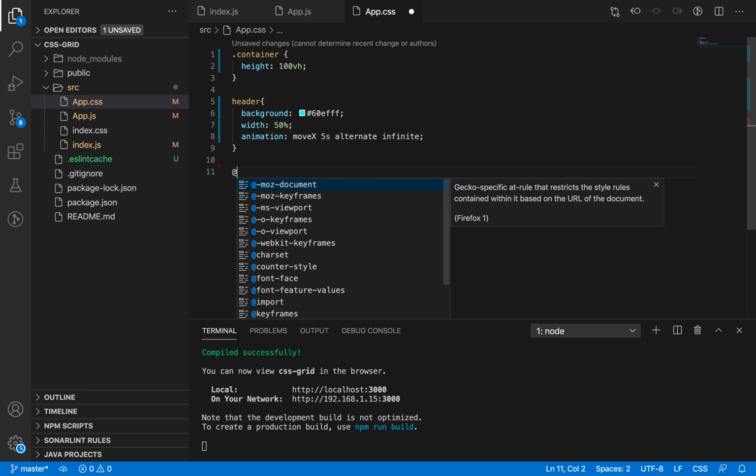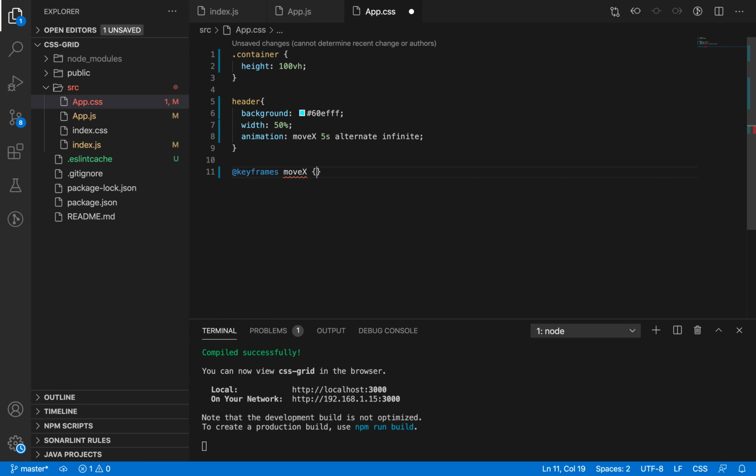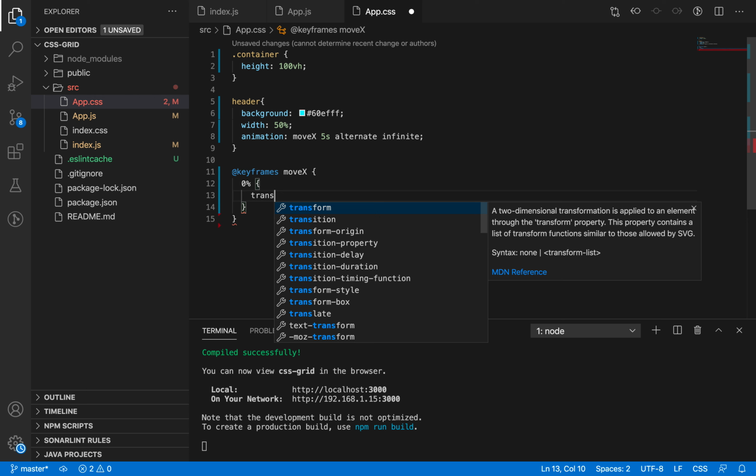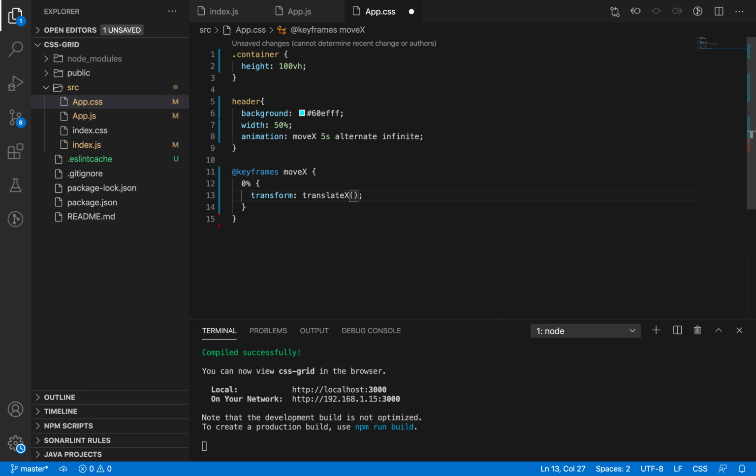And the next thing we need to do is define what this animation does. So we describe a keyframe with the animation name, and we describe the start and end state. So transform is a CSS property that we use to move an element around in the DOM. So we use translateX to move it along the x-axis, that is left to right. So at 0 I want the element to be where it is already,